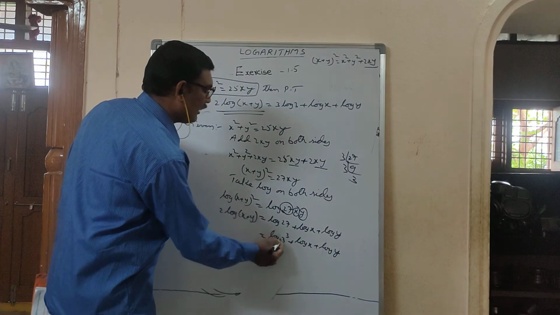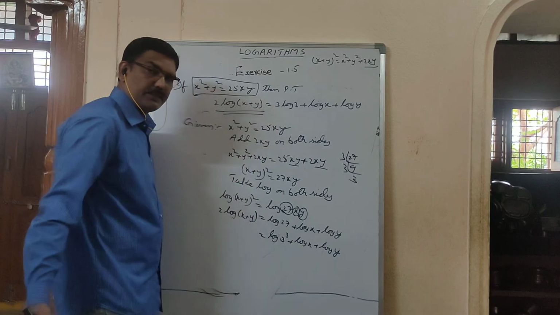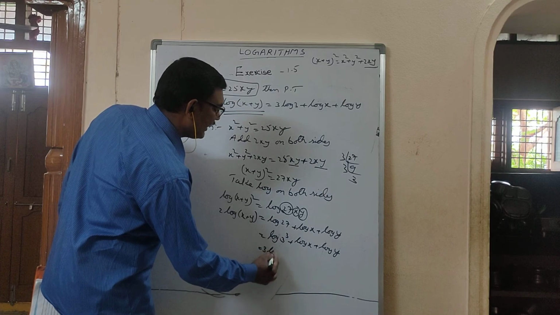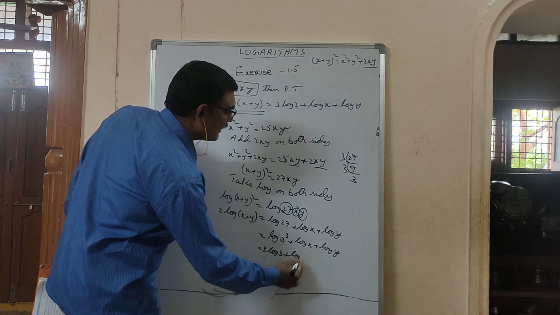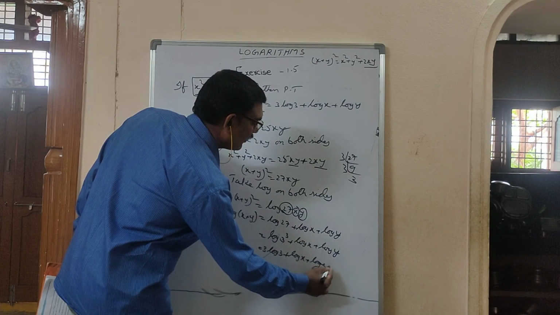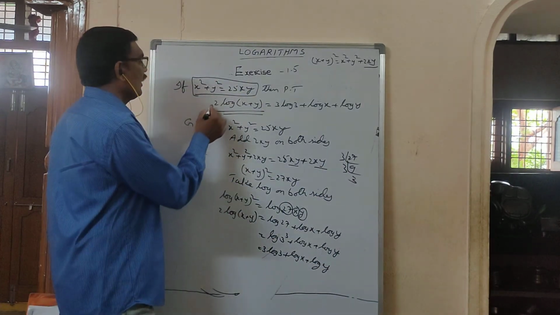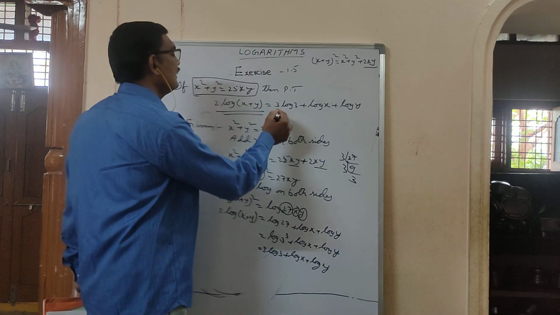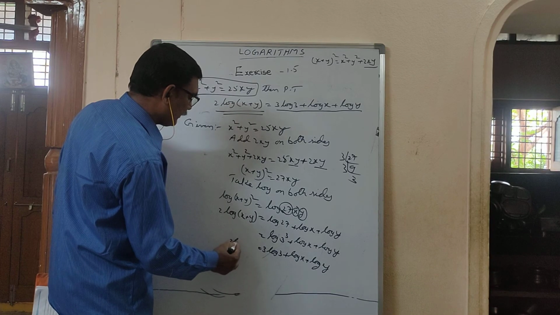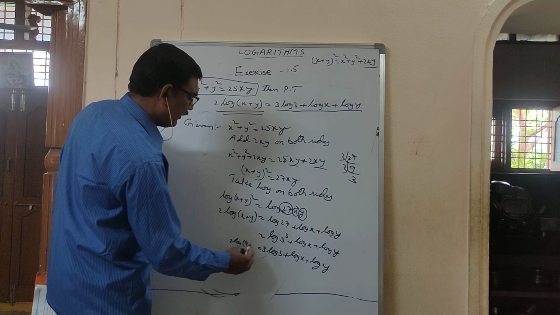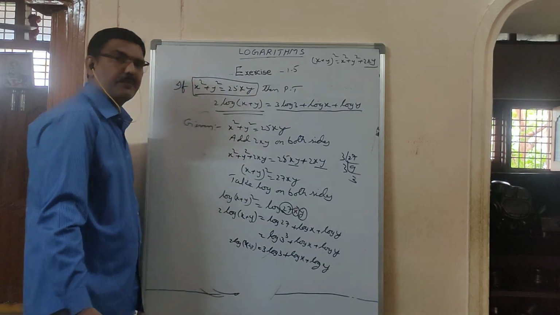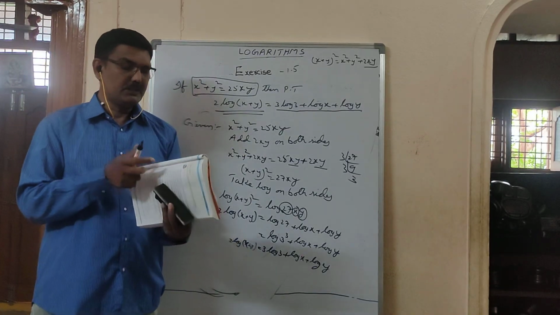And you are reading it as log 3 cube. It is not log 3 base 3. Log 3 cube, by the log a power m formula, m log a. So this becomes 3 log 3 plus log x plus log y. So what you have to prove is 2 log x plus y equals 3 log 3 plus log x plus log y. In LHS you have 2 log x plus y only, and you proved 3 log 3 plus log x plus log y. So remaining problems are, write